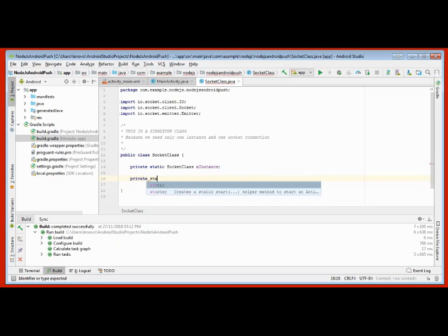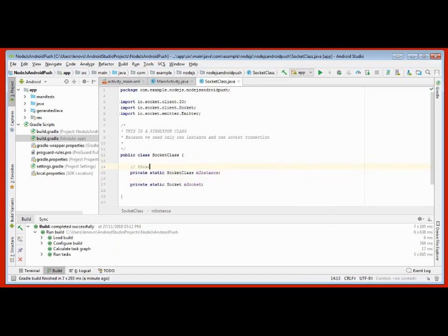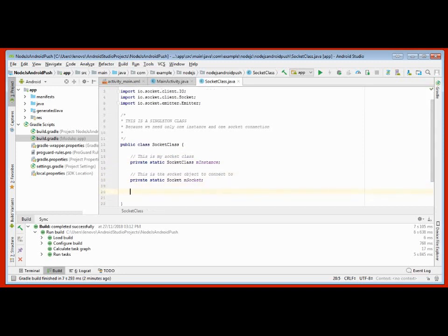To do that, you create a static value, and well, this is the variable that will hold a static reference to this class, and this is the object, right? This is the object socket. This socket object is going to contain all the functions we need to connect to the socket, receive messages, and send messages. Okay, now we are going to create